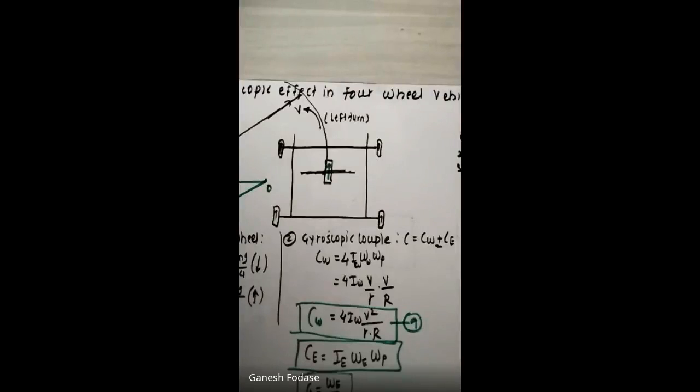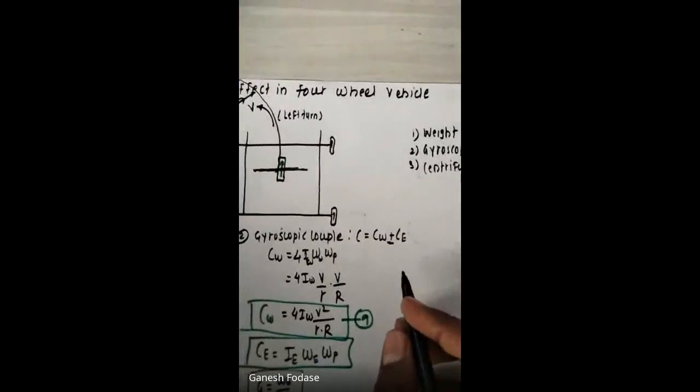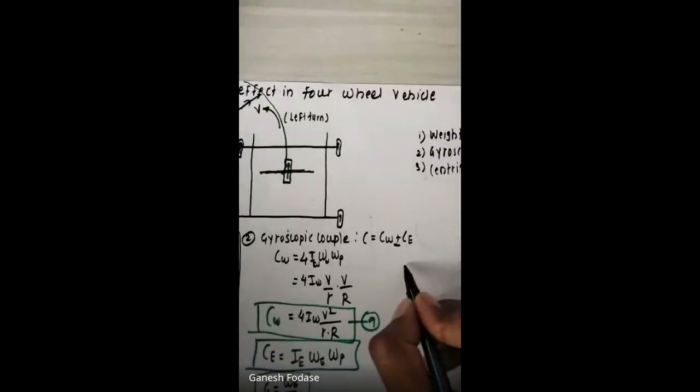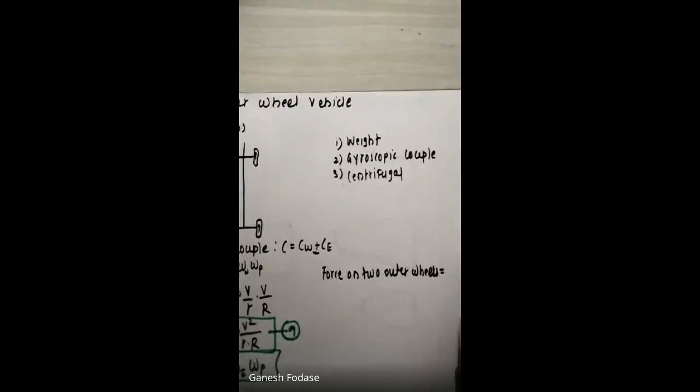And now can I write like this? Force on, let's say force on each wheel, or you can say force on outer wheels. I am writing it here. Forces, or you can say force on two outer wheels